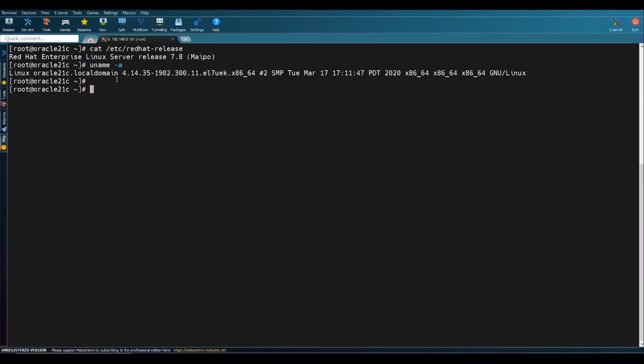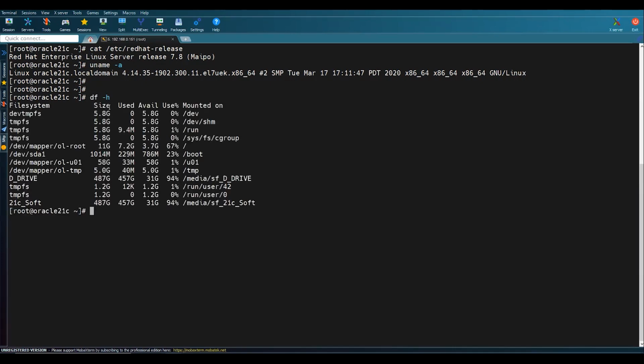Here you can see that my Linux is currently 7.8, Oracle Linux Enterprise, and the host name I kept is Oracle 21c. If you want to learn how to perform an operating system installation on VirtualBox, you can watch my previous video. I have provided the link in the description.